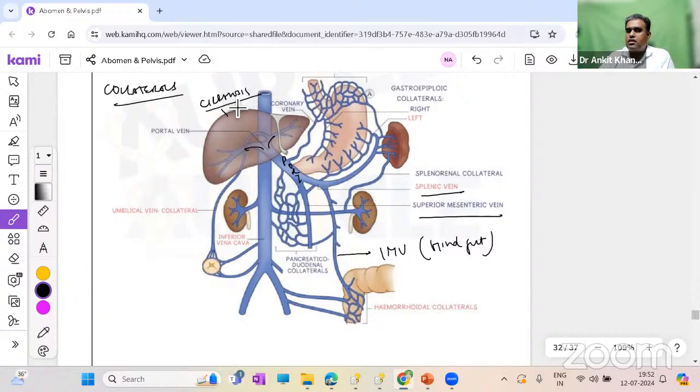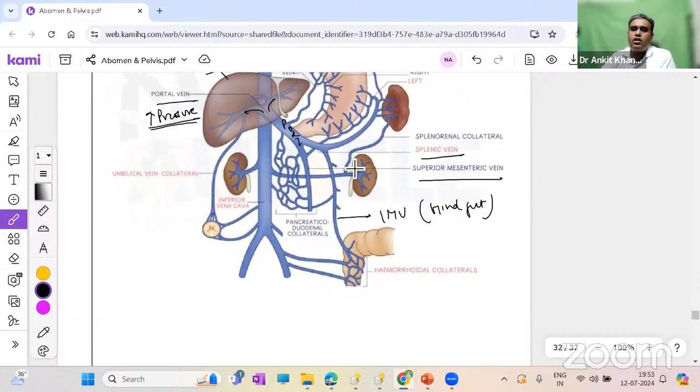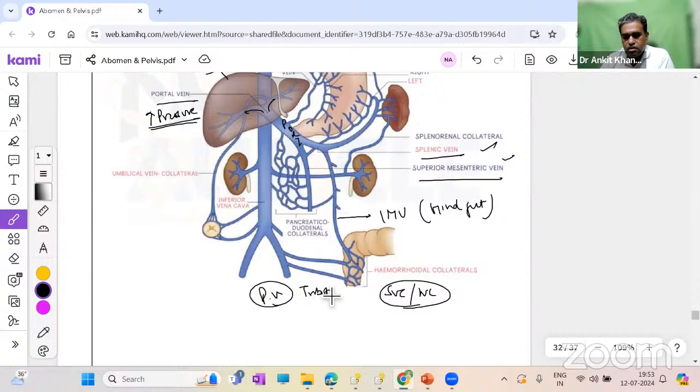That is, the liver is not functioning. When the liver does not function, the portal vein pressure will increase. The organ is not functioning, so the venous pressure will obviously increase. When this pressure increases, the pressure in its tributary veins will also increase. So at its collaterals, that is where the portal vein is forming collaterals with the systemic veins, systemic meaning the superior and inferior vena cava tributaries, so the portal vein tributaries,